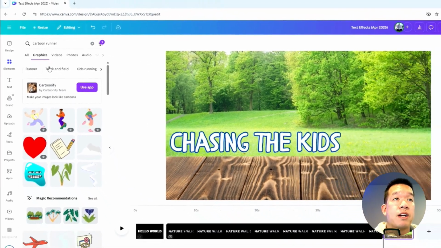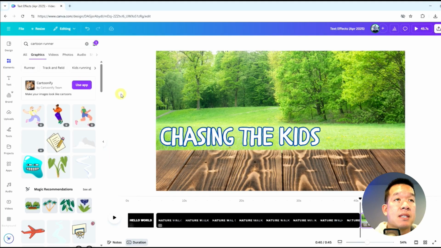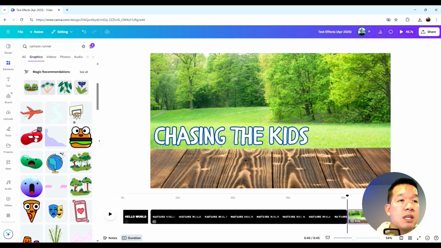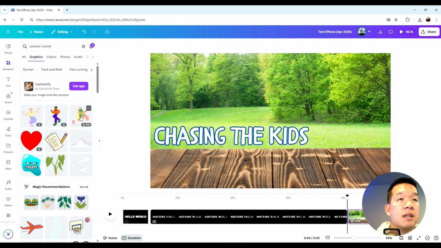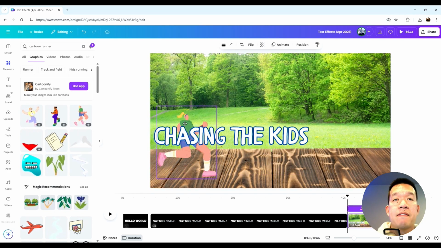So I put down cartoon runner here for a graphic. Then I also put down animated to give it a little more movement. Came with all these different ideas here. I think I might just choose one of these down here. How about this one? So I'm gonna go with this person here, resize it, have this person start at the